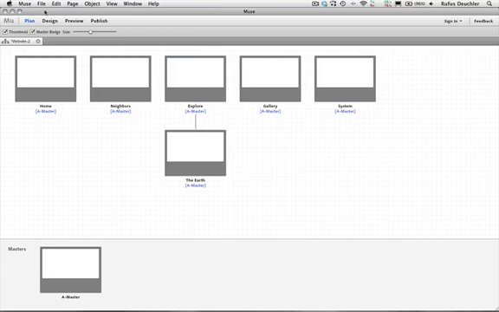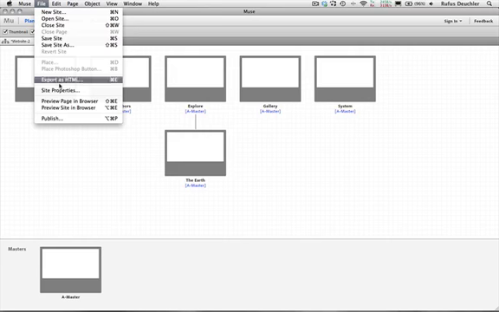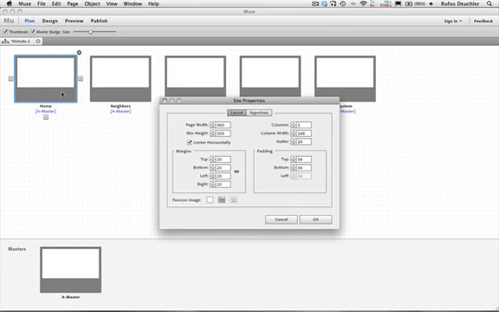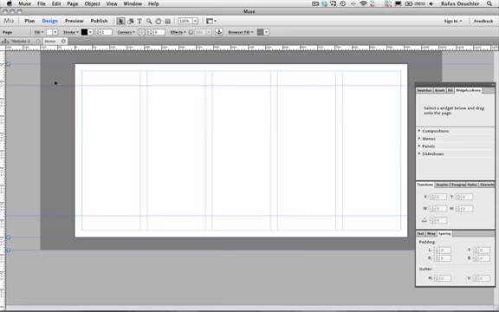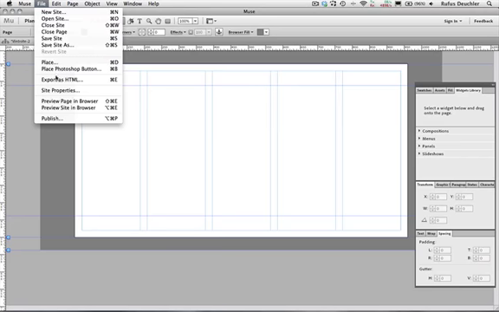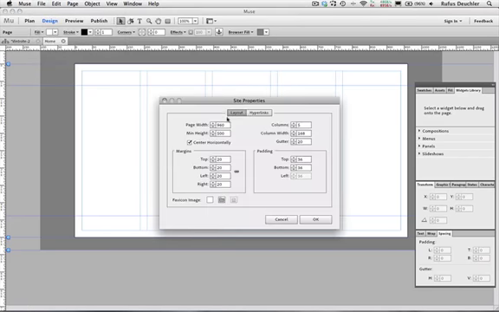But before I do that, let me go here under File, Site Properties, and show you how you can access the layout informations after you've actually created the website. So here again I can change the page width, the minimum height, the number of columns, and can change the margins of the page. Let me actually just open a page just to show you what these elements are. I'm going to open the home page, for example,